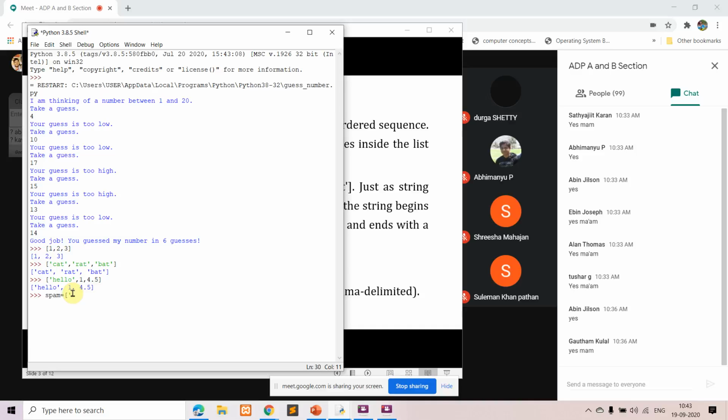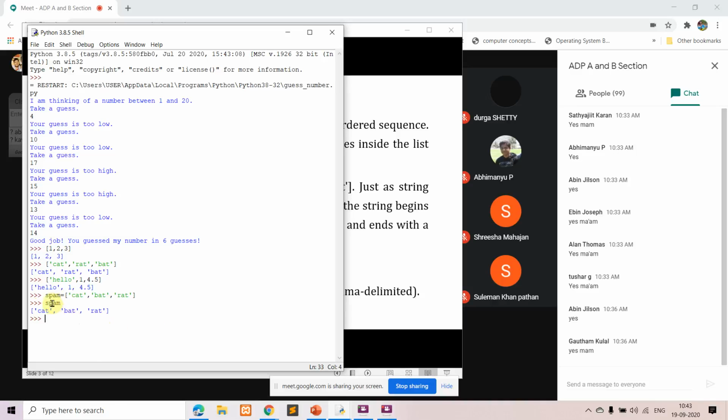So again, same thing we'll use. I have cat, I have bat, and I have rat. Okay, so these are the different values we have given in our list, and that I have assigned to a variable called spam. So this particular variable spam is having cat, bat, and rat. So I'll just display this. I'll just check what is there in this variable spam. For that I have to give the name of the variable. When I give the name of the variable, you can see here, this particular variable spam is having cat, bat, and rat. So this is an example of a list.